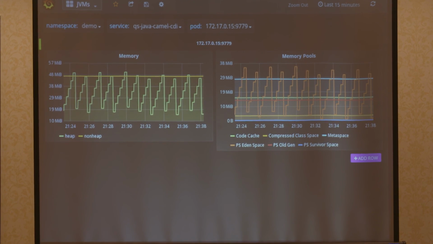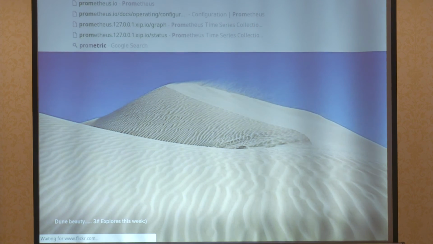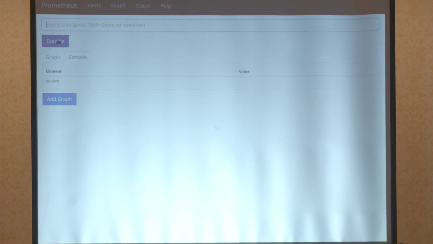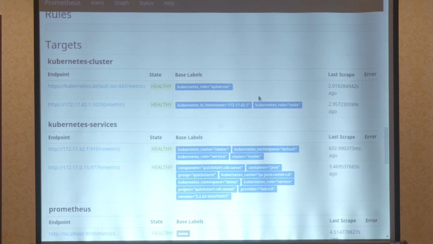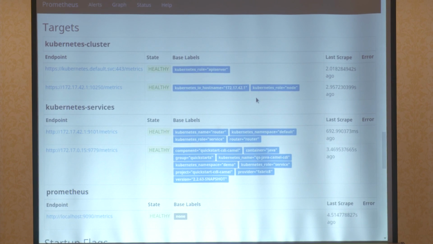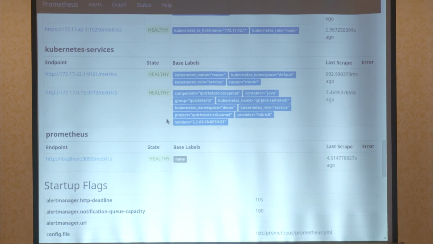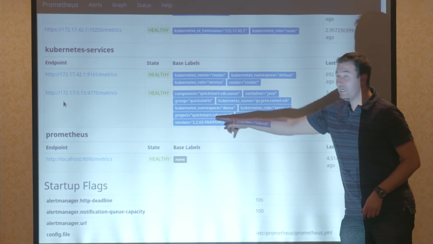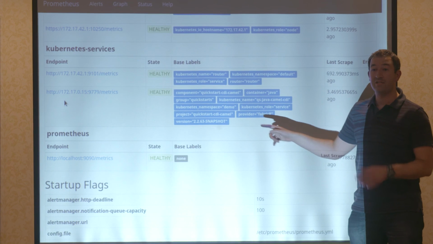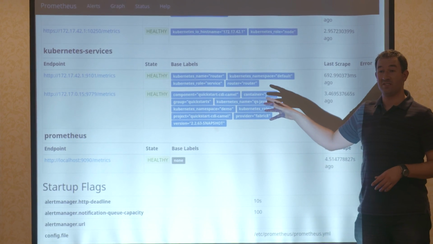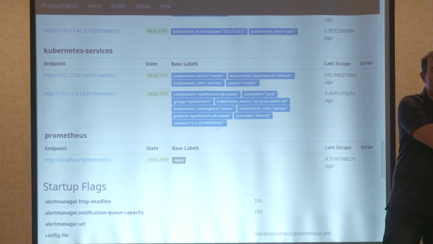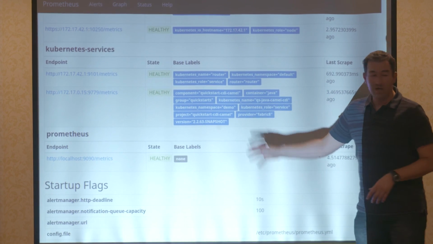I'll show you the Prometheus UI. It's not pretty. Here, I was going to show you the auto discovery. In fact, I'll do that first. These are the targets. I'll scroll down to this one here. See these labels, right? These are the Kubernetes labels. So that's what I was saying before. We're capturing them in the metrics, so we can use those in our queries. The same ones we're querying Kubernetes for our resources, we can do with metrics.